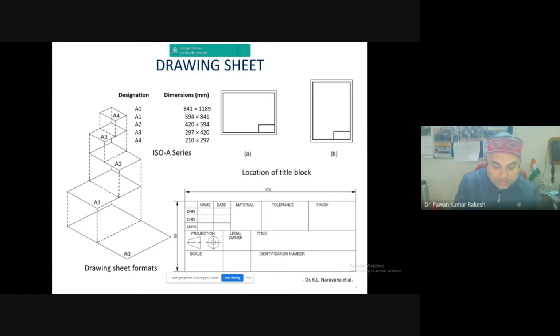right? So generally we follow this A0 sheet according to the ISO series A, and you can note down the dimensions of this drawing sheet. That is 841 by 1189 mm. So generally we follow this A0 sheet for making the machine drawing component or assembly of the